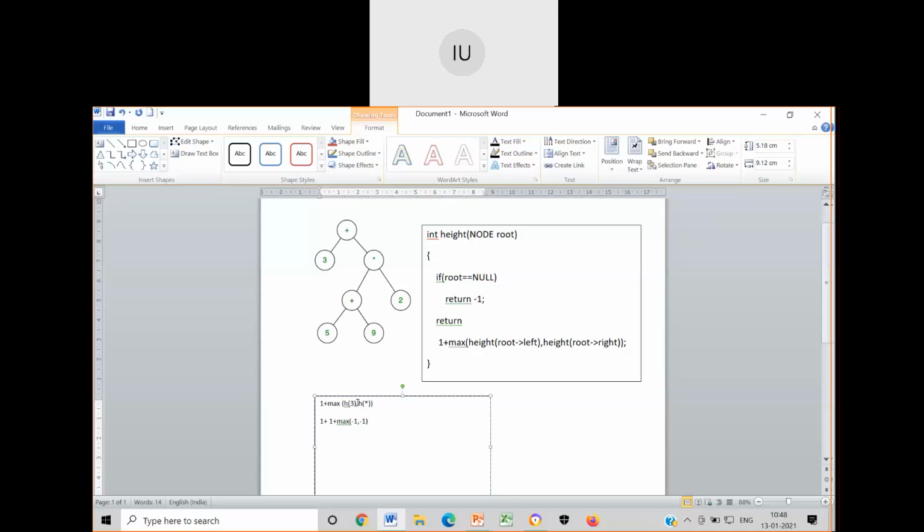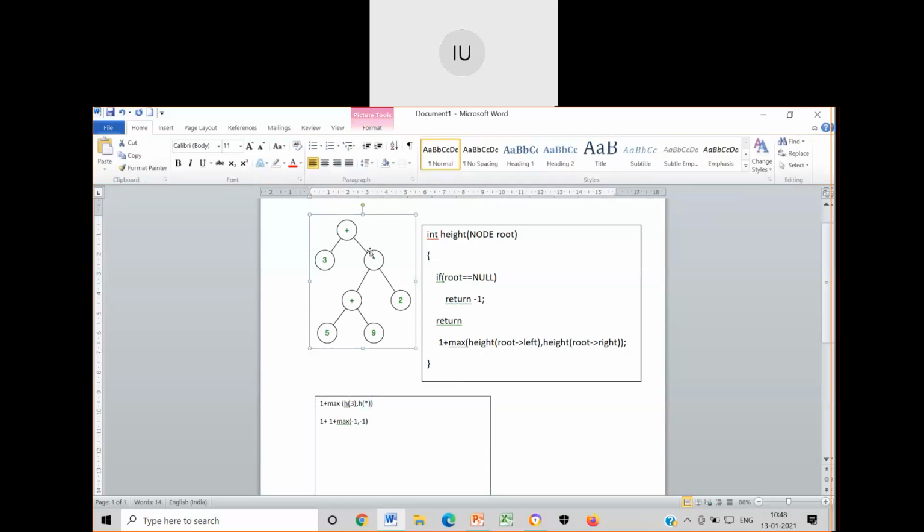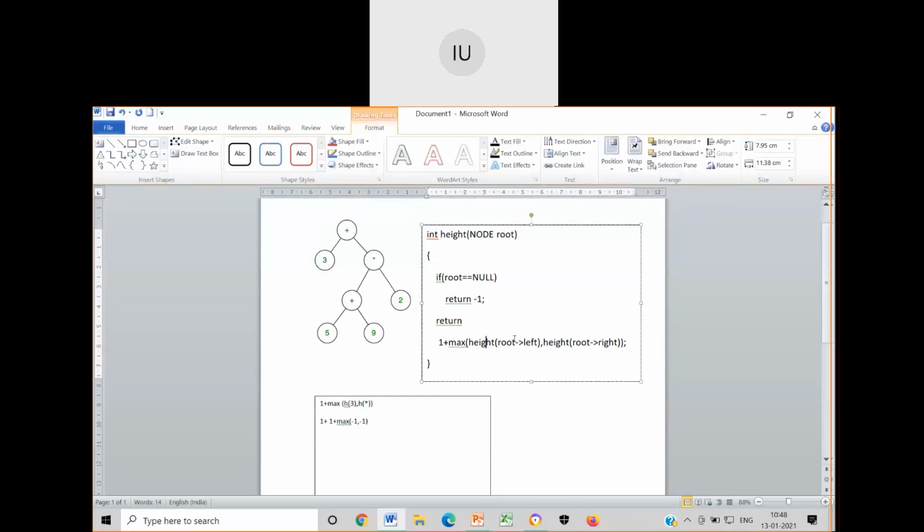Now what will happen is h of star. At this point, h of star would call again max of height of root arrow left, comma height of root arrow right. Star's left is plus.